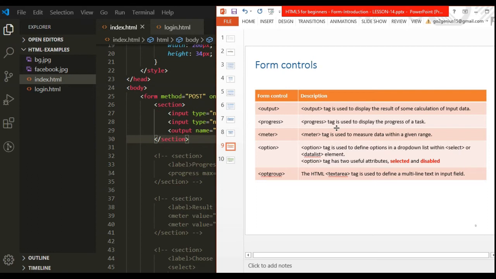It is mostly used to show the progress of a file upload on a web page, or you have seen many times when you install any software, you see a progress bar. Another example: when you download a movie from the internet, it shows you in percentage how much of the movie has been downloaded. So let's see an example of this in the code.